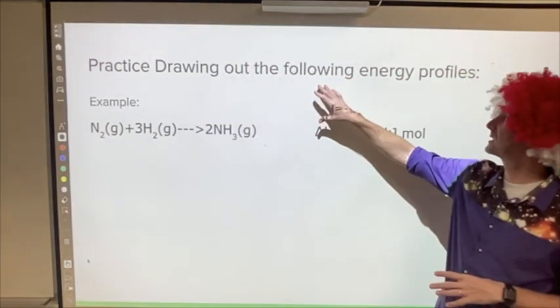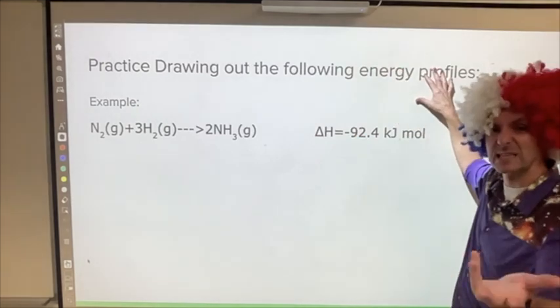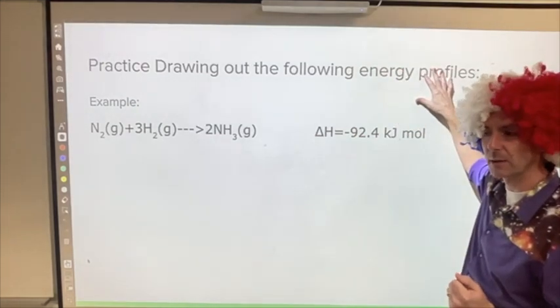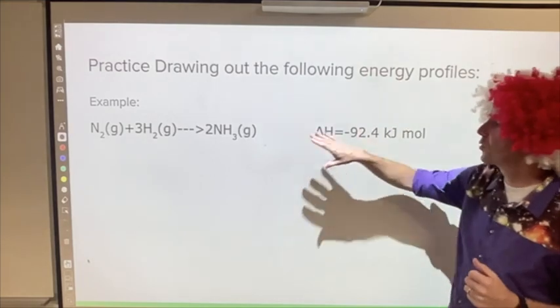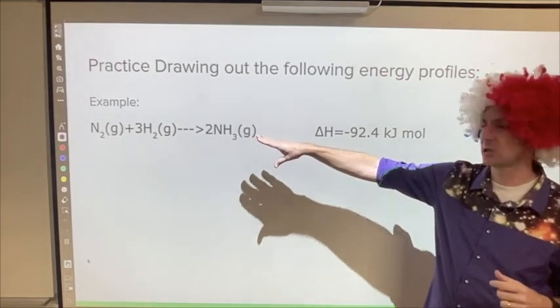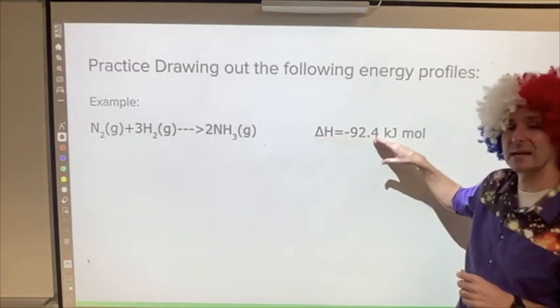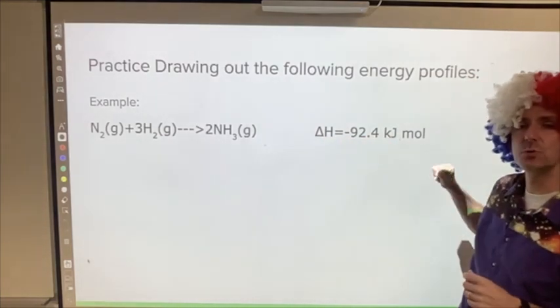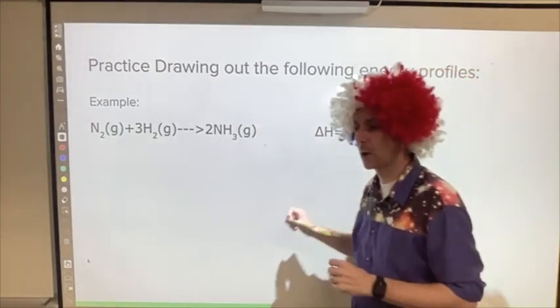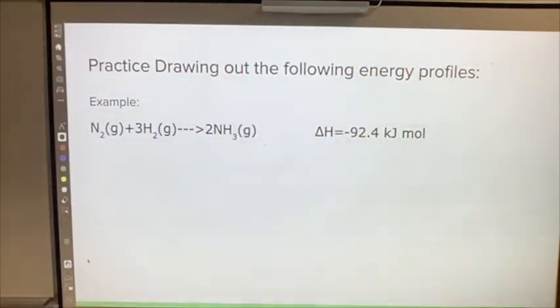But we're going to practice drawing an energy profile. That's the enthalpy diagram that we were talking about. We're going to try to draw that for this reaction of nitrogen and hydrogen combining. All right? Now, you'll notice here that the enthalpy is negative 92.4 kilojoules. All right? So,